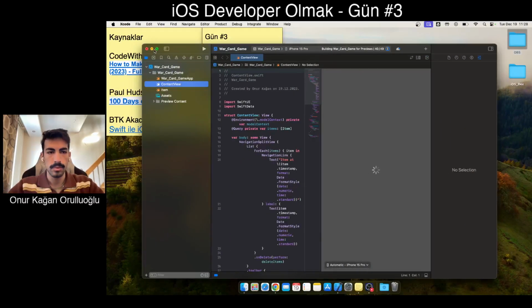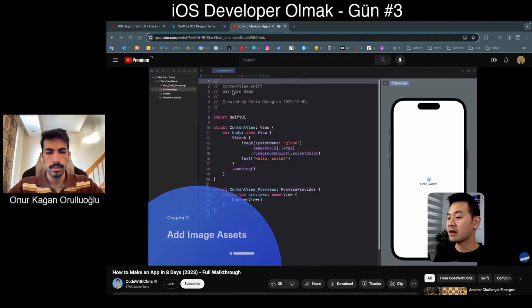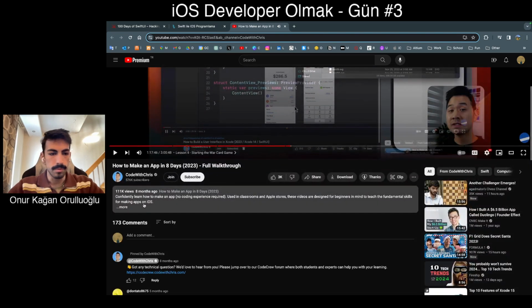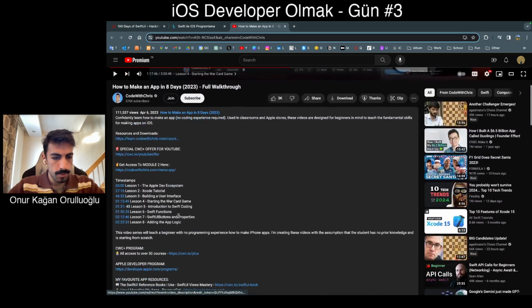Next, we're going to add the image assets that we're going to need for this war card game. So I've got the assets ready to go here in this folder. In the video description below, you'll find a link to a war card game image assets.zip file. If you unzip it, you'll see the same image assets. Now, if you're on